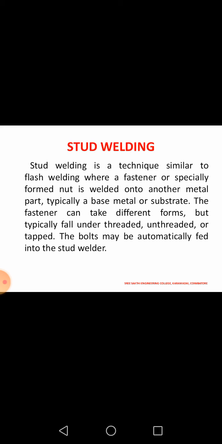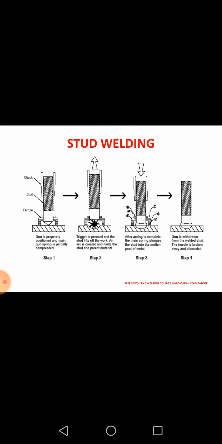Next one, stud welding. Stud welding forces metal parts such as a weld stud, weld pin and tapered stud to be welded onto another metal object using an arc at lightning speed. An arc is produced between the end of the stud and the surface of the workpiece. Melting both parts, the stud is then forged into the molten pool. The material solidifies and the stud is welded. The weld is uniform and has complete fusion across the flange.